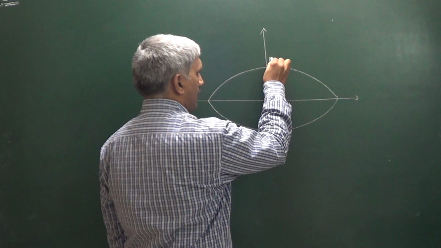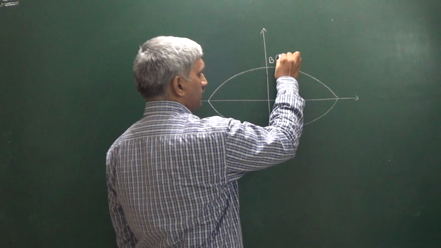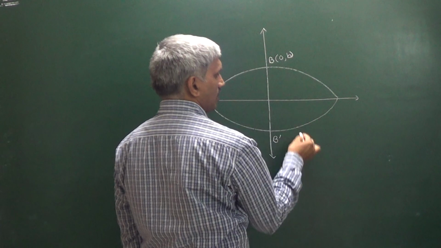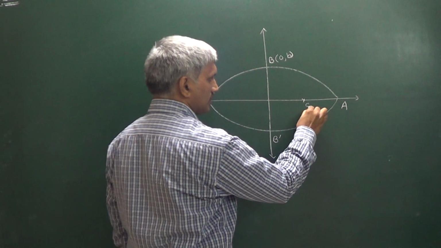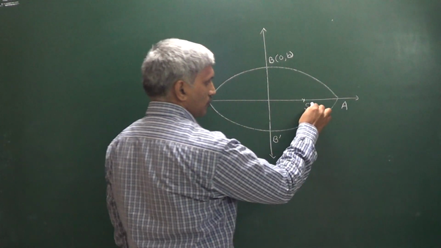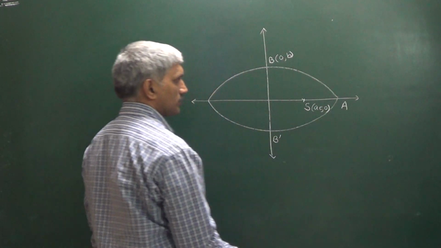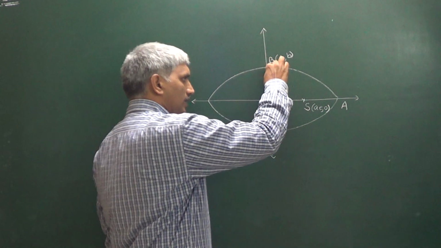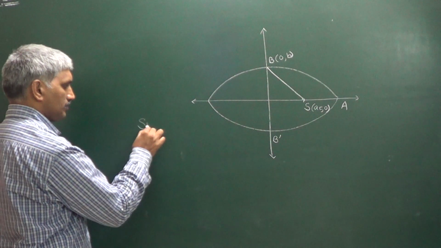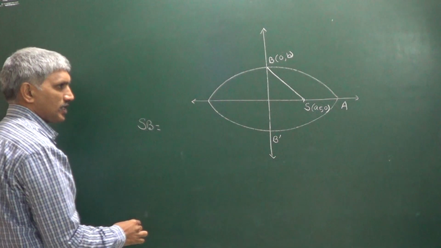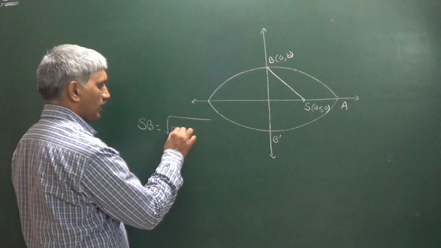You know this is the end of the minor axis, B dash. This point is (0, b), and this is the end of the major axis. Let us say a focus is S. This focus is (ae, 0). Now can you tell me what is SB? That is the distance between S and B, which is equal to the square root of a square e